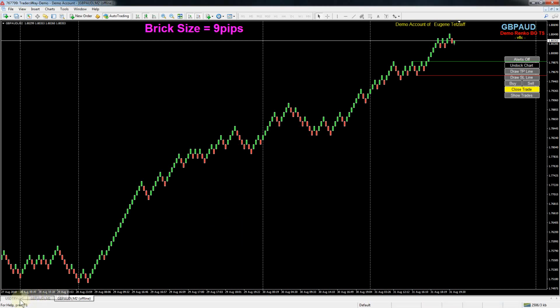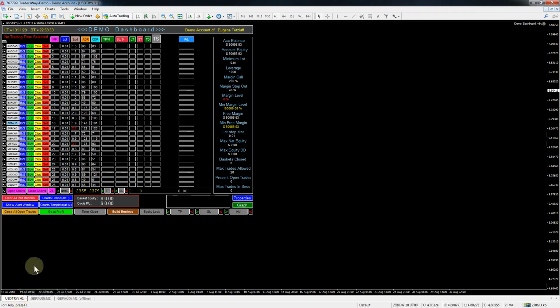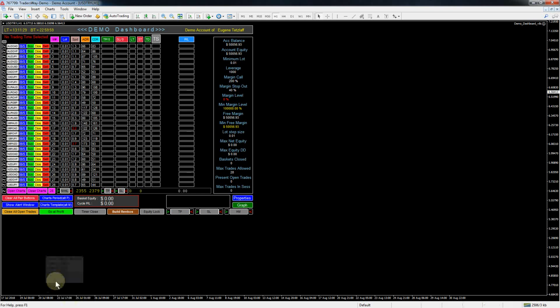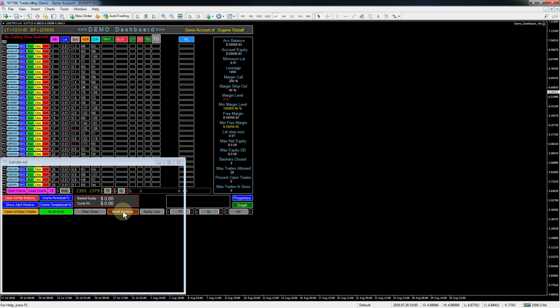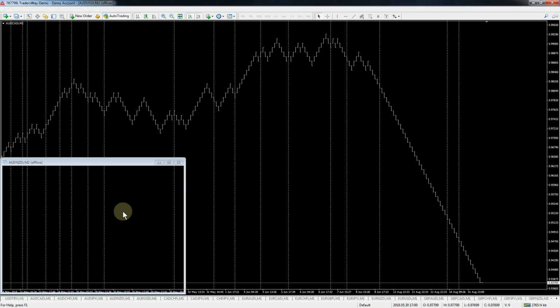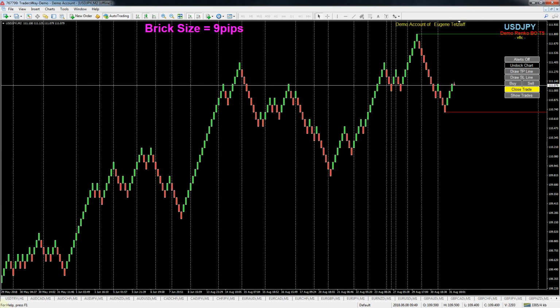And then what you can do is, usually what I do, clear out my buttons, close down those two charts just to clean everything up. And then you can select if you want to do all 28, or if you just want to pick and choose which ones you want to do, you can do that. You can pick 28 if you want. You hit the build the Renkos. And as you can see, it builds